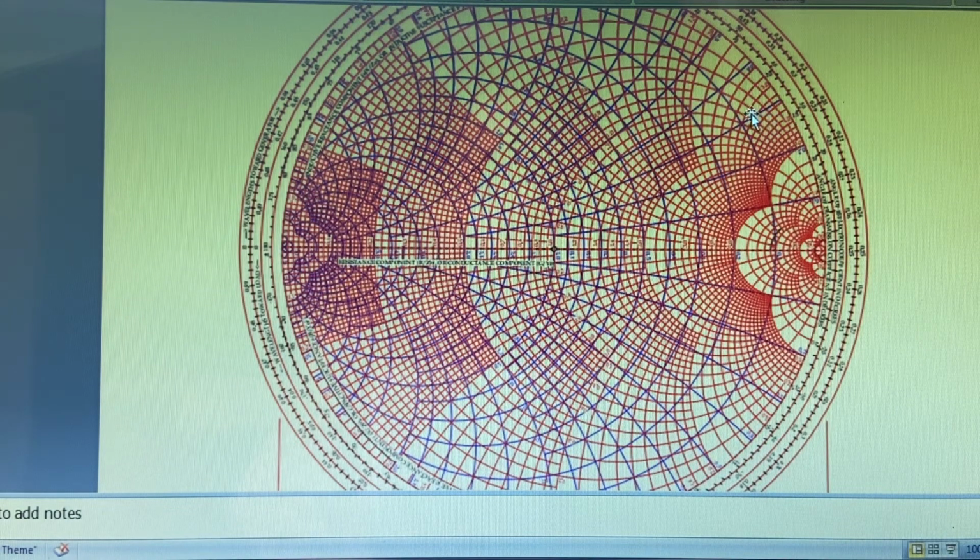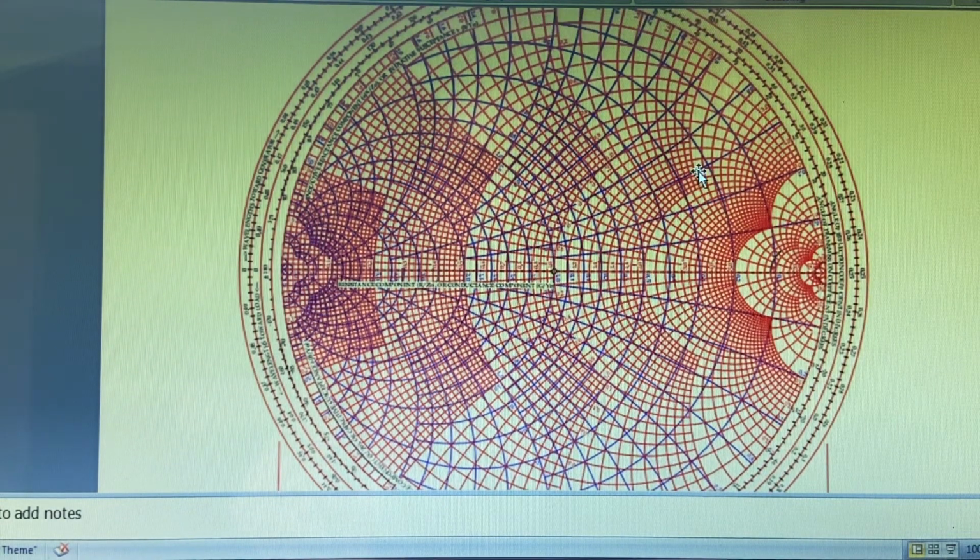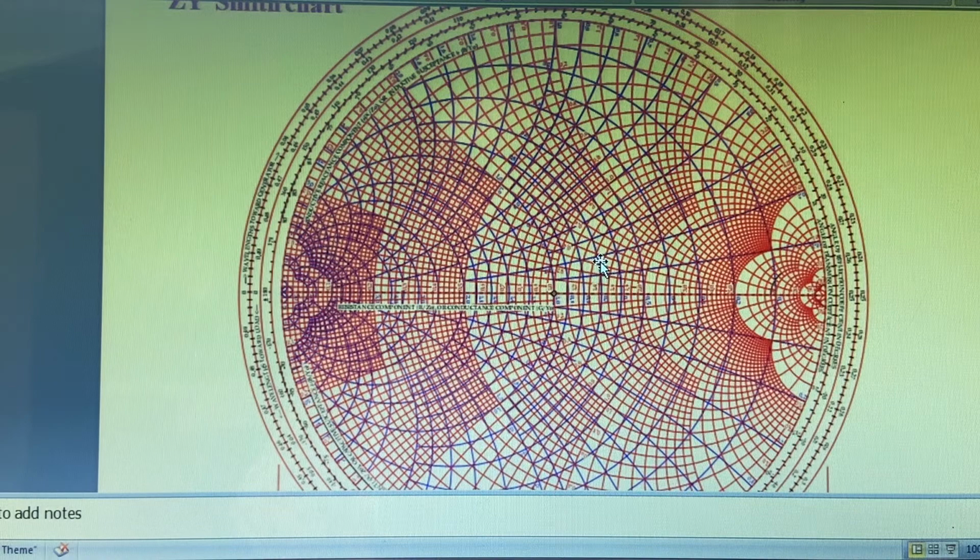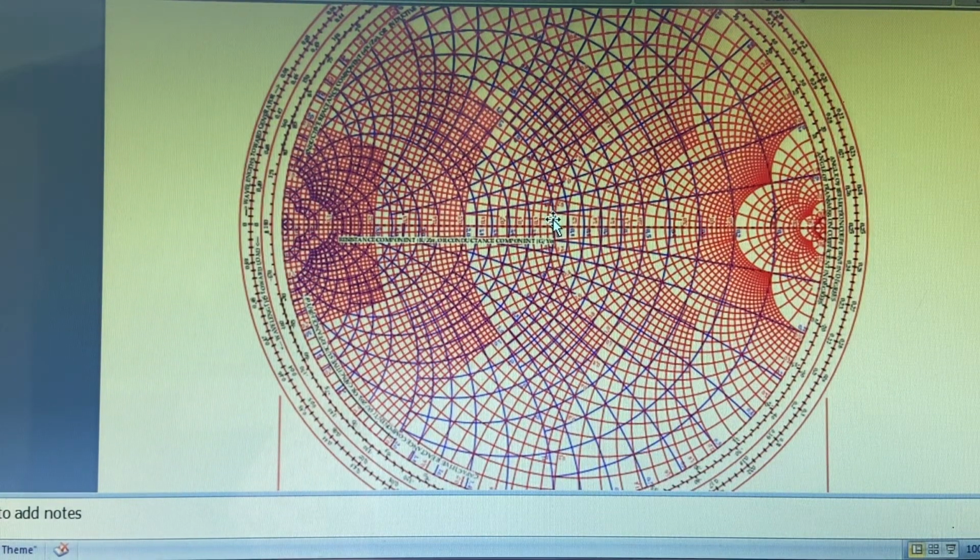Similarly, these are the resistance circles, this red color here. Moving on these resistance circles, from any point, for example here to here, the reactance changes. So we can come to know what reactance is changed as you move in the clockwise or anti-clockwise direction on the resistance circles. By knowing that, we can find either the shunt element added or a series element added.